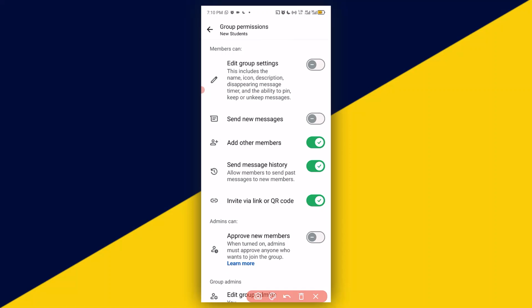are with the group link or group QR code, they won't be able to join the group until you give your approval. It's that simple. For more useful tutorials about WhatsApp group settings like this,